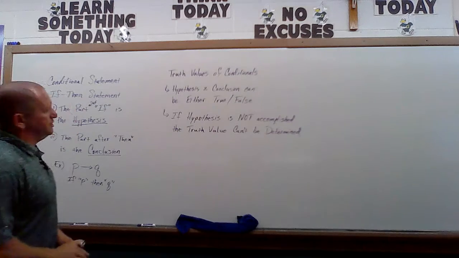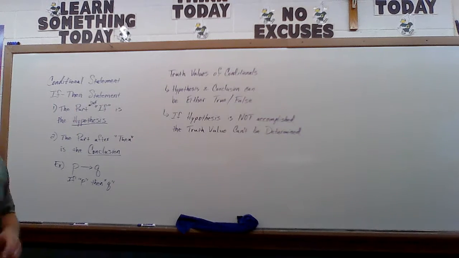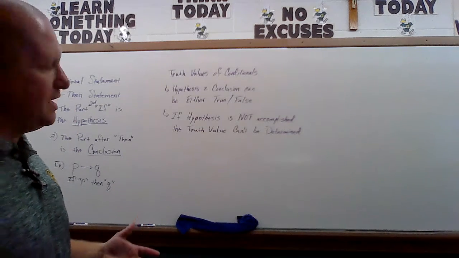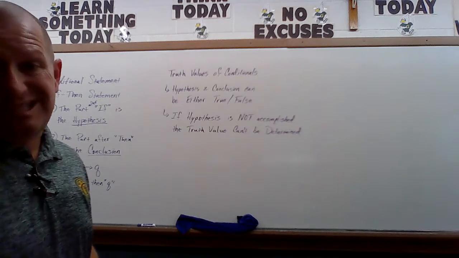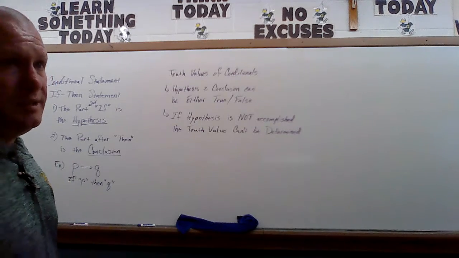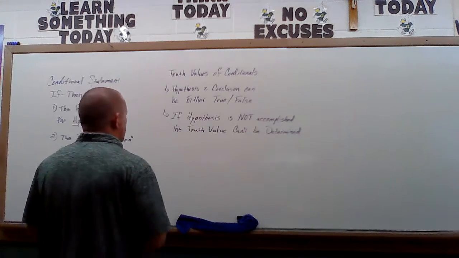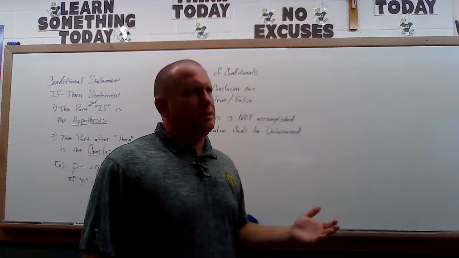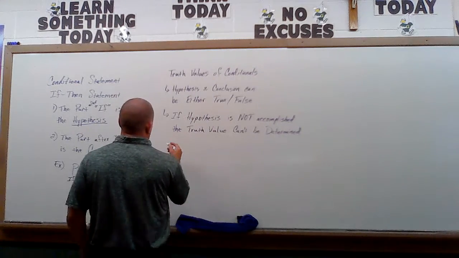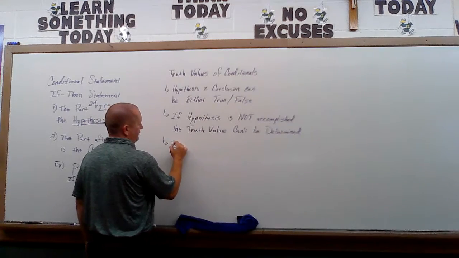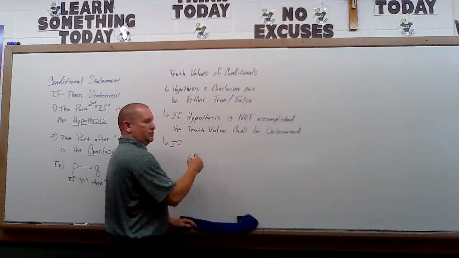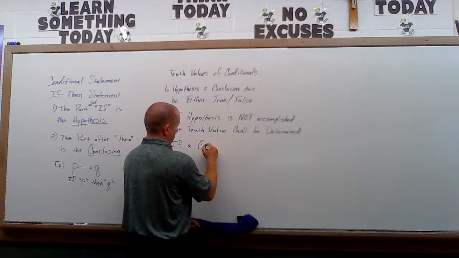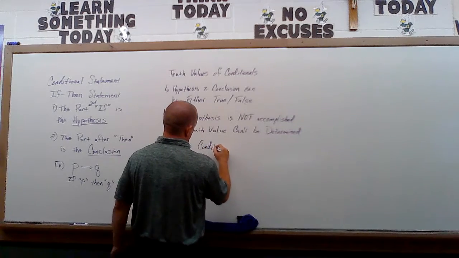So if you read the problem and you can't really figure out the hypothesis, the whole thing cannot be decided. Okay? Now here's the one that gets everybody a little bit mixed up. If a conditional